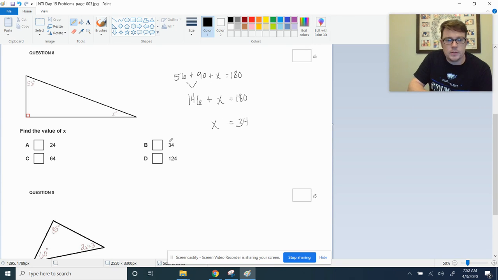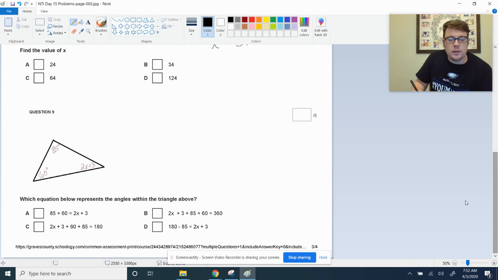And so 34 is the answer that we want on that one. So that's number 8. Number 9, we're getting close to the end here. All right, we want an equation that matches this triangle. So same idea. And the only difference on this one that gives it a little bit of a twist is